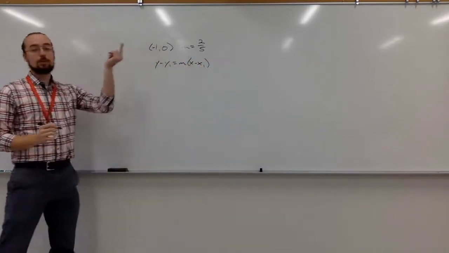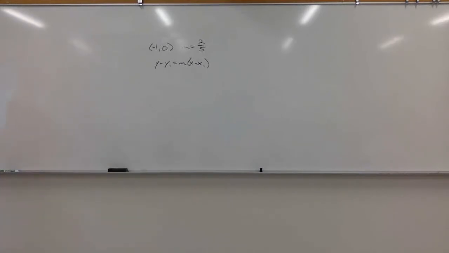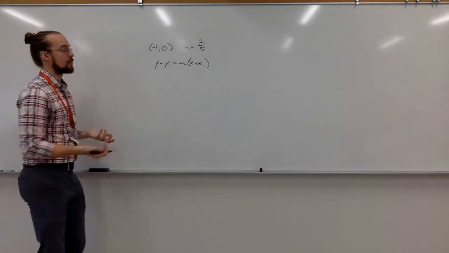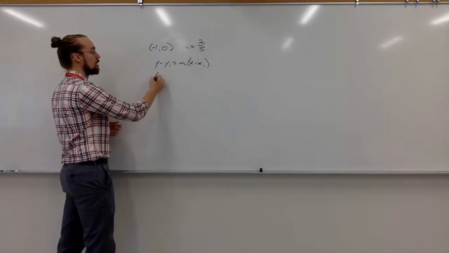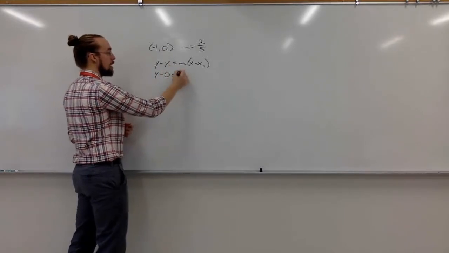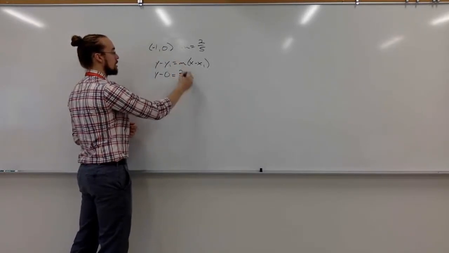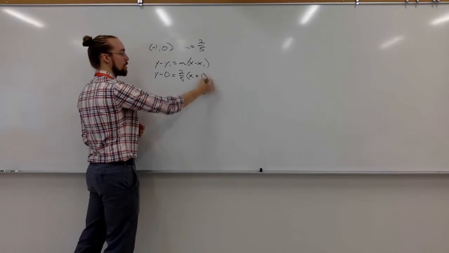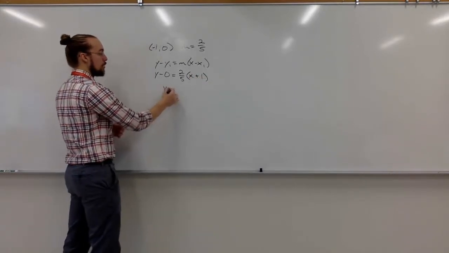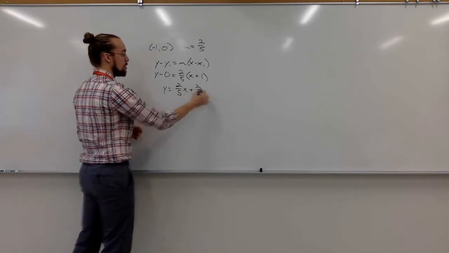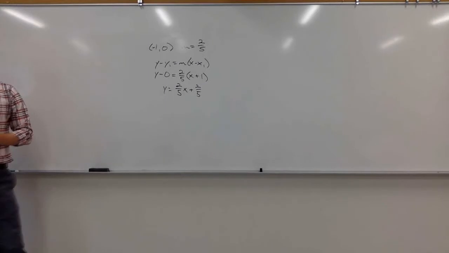Okay, now this point that we're given is an x-intercept, right? It's not a y-intercept, so we couldn't just jump into slope-intercept form, right? If we're only given an x-intercept, we would have to treat that just as a regular coordinate point. So my y1 would be 0, my m is 2/5, and then my x1 is -1, so this would be x minus -1 or x plus 1. So I would end up with y equals 2/5 x plus 2/5 for the equation of my line when I